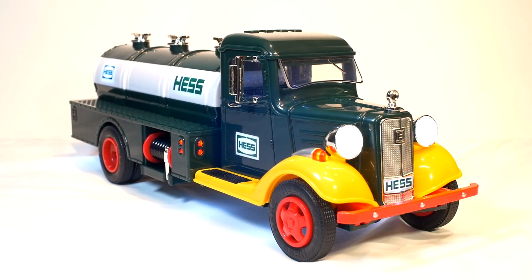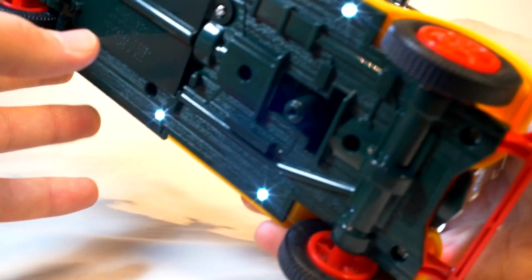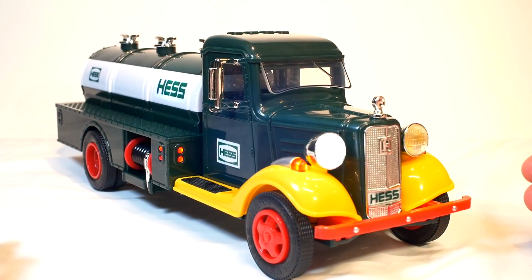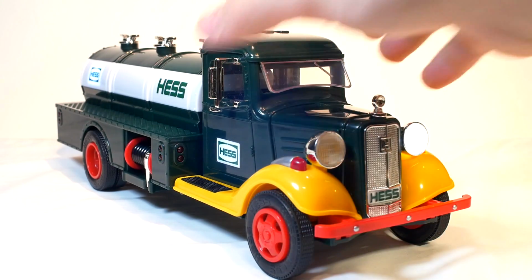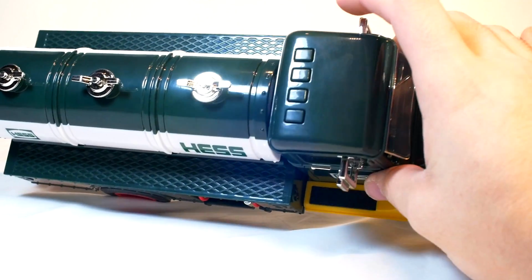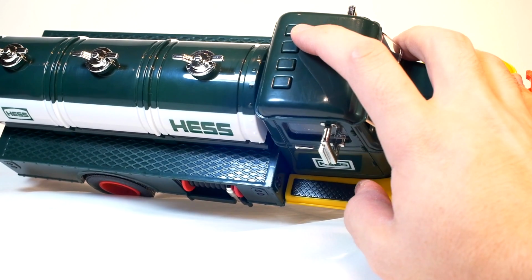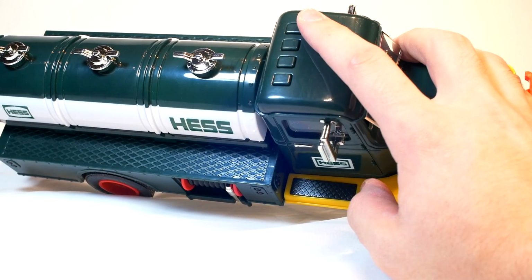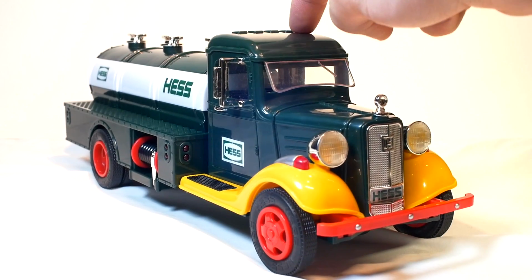Now, that is not all that this truck has to offer in terms of its lights and sounds. Obviously, like I said on the bottom here, if we switch this switch to flashers, you're going to get the lights flashing. And I've always expressed how I like this because it's kind of like a car alarm going off. But if we go ahead and turn that guy off, unlike the original two trucks, there are 4 buttons up here. And this is what I would have been expecting of an updated truck like this, for it to have the functions of a modern day Hess toy truck. So if we press the first button all the way on the left of the truck,